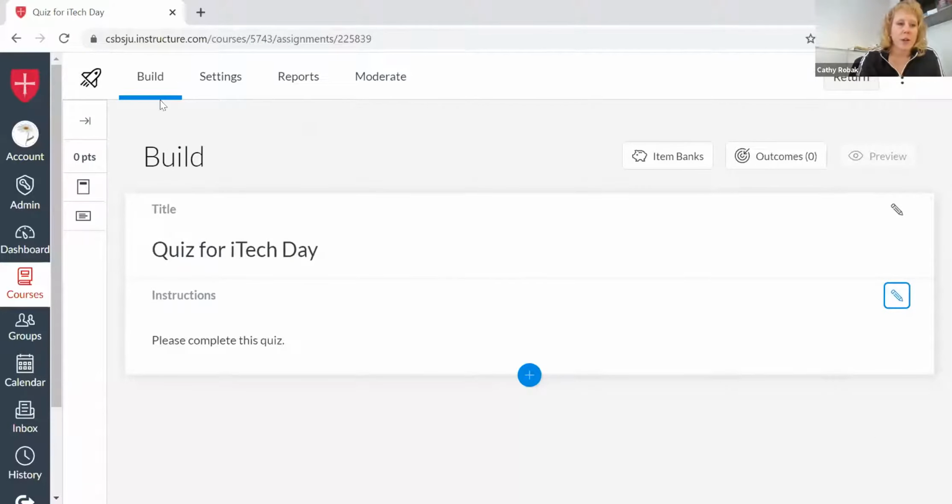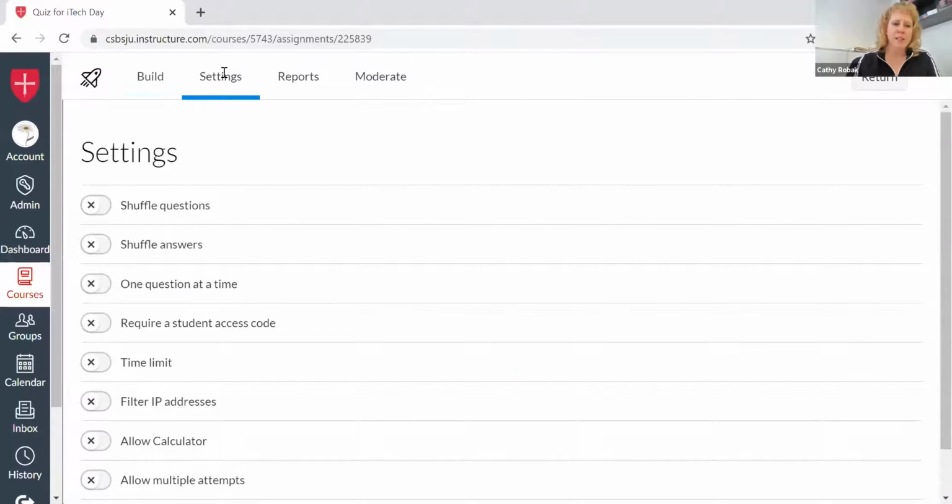Along the top now, I'm on build. So this is where I'm going to build my questions, but I'm going to show you the other settings, reports, and moderate before I actually go into adding the different question types. So the settings is the next tab. By default, all of these settings are off, and I think it looks a little bit cleaner in this view,